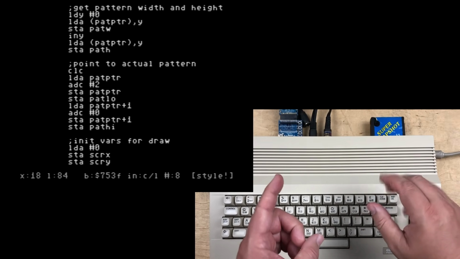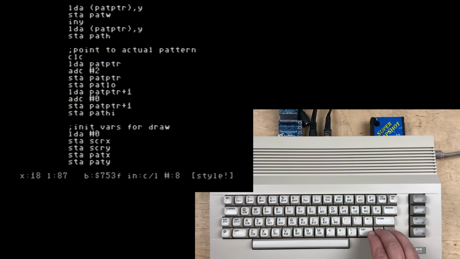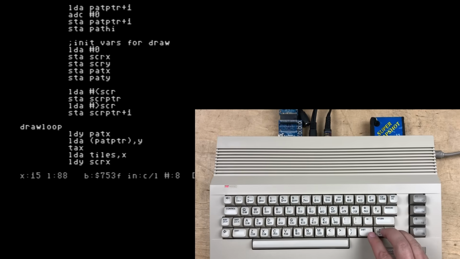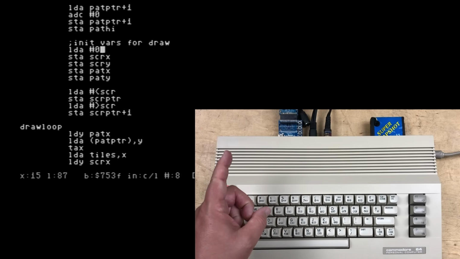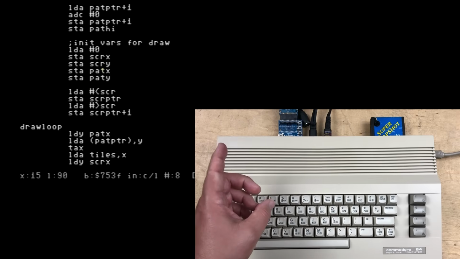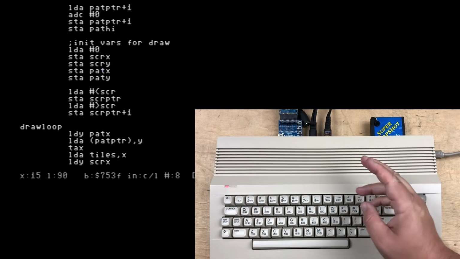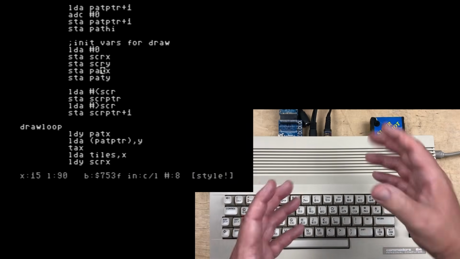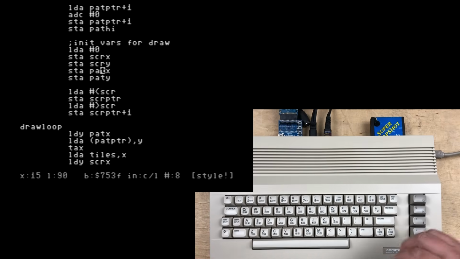And we have a backup of it in pattern low and high, the 2 bytes of the 16-bit address. Now we're going to initialize some variables for the draw. We're going to set screen X and Y to 0 because we're going to be at the top left corner of the screen. And pattern X and Y are also going to be the top left of the pattern at 0, 0. Now, of course, some patterns are only 1 byte, so it seems like overkill, but we have to be able to accommodate different size patterns